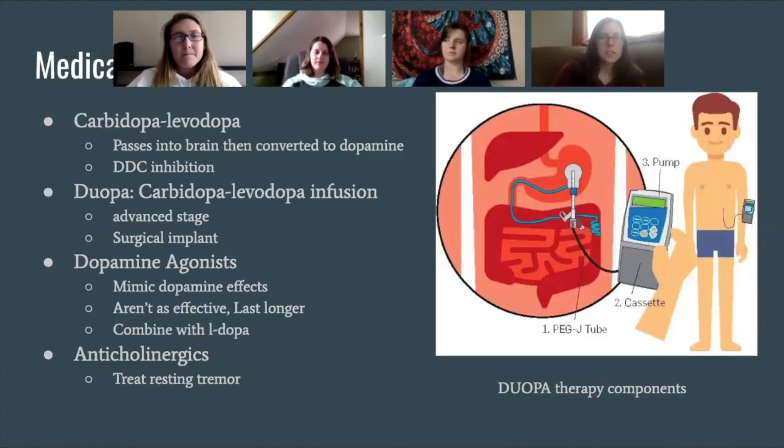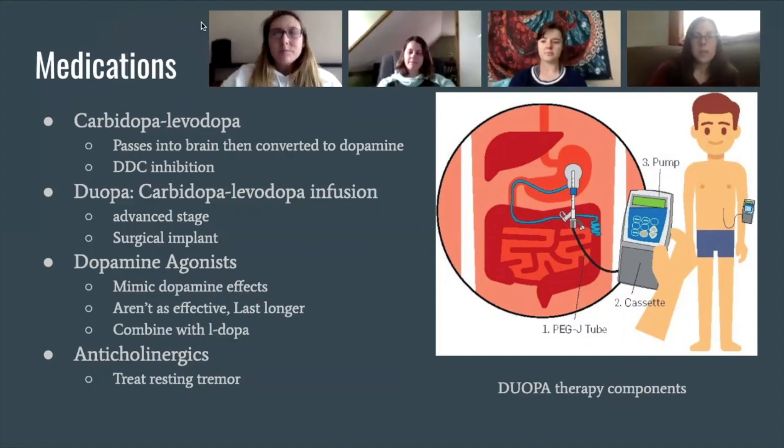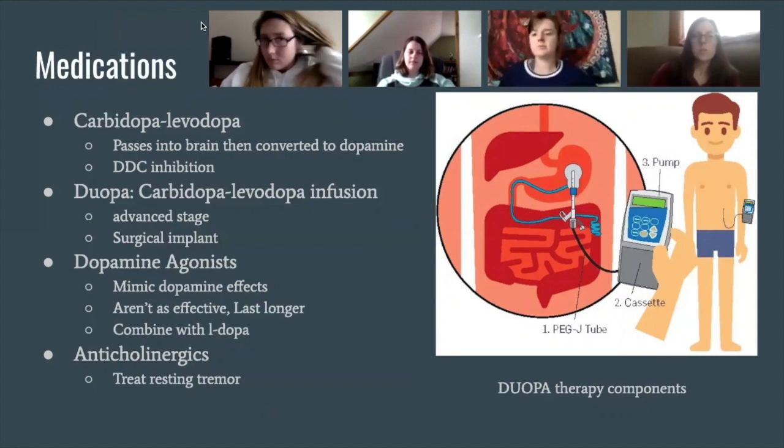Okay, so medications for Parkinson's disease. The most effective medication for Parkinson's is carbidopa-levodopa. The levodopa is combined with the carbidopa to prevent the L-dopa from being broken down by DDC. And DDC naturally floats around the blood and breaks down L-dopa before it gets to the brain. This allows the L-dopa to float around for longer and increases the chance that it makes its way into the brain. We use this form of L-dopa as it's the only form that can pass across the blood-brain barrier and